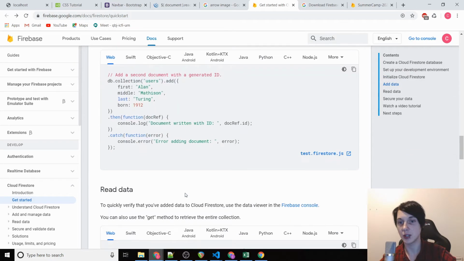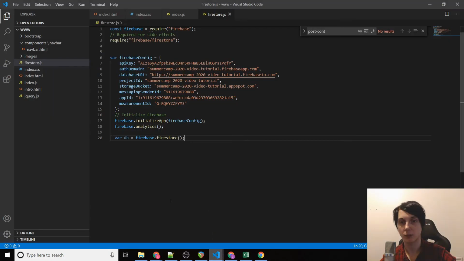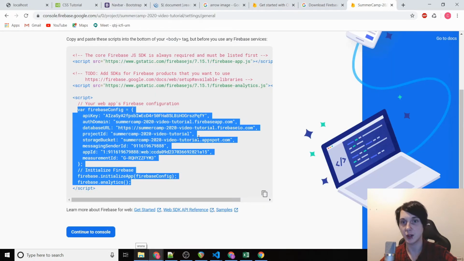And then we're going to scroll down until we see read data, and we're going to copy that there. Okay, so now we're going to replace users with posts. And now it is going to grab our collection of posts, which if we go back to Firebase,